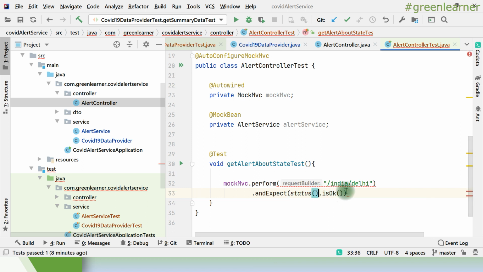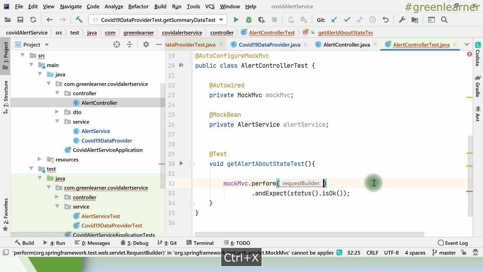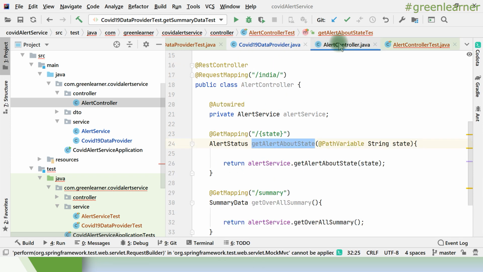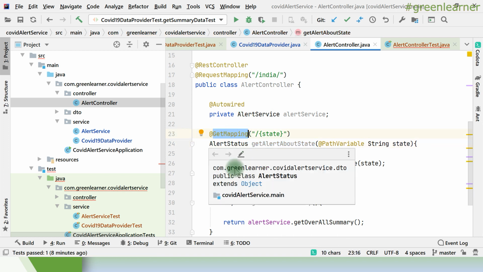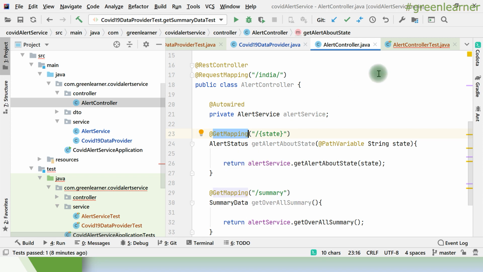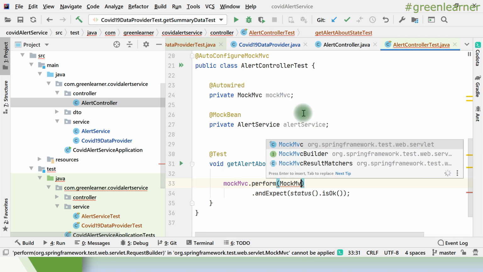Now put the static method and this one, so it is throwing some error. So here it is, this is not the string, but I also have to pass the method type. When I say controller, and I'm coming here, it is the GetMapping, right? So there are other HTTP methods, put, post, so I have to specify that as well.